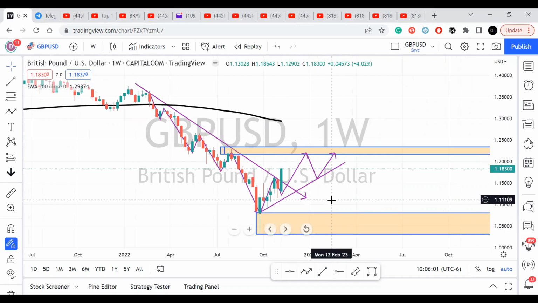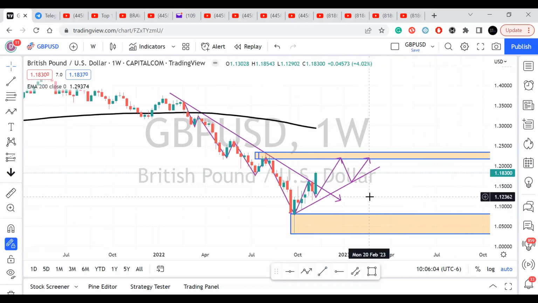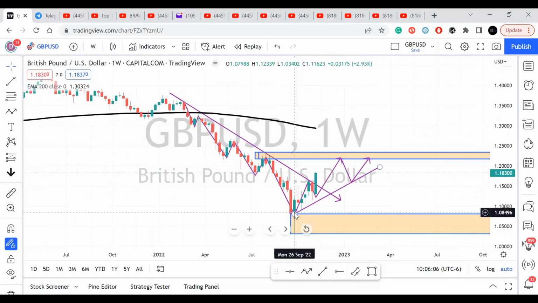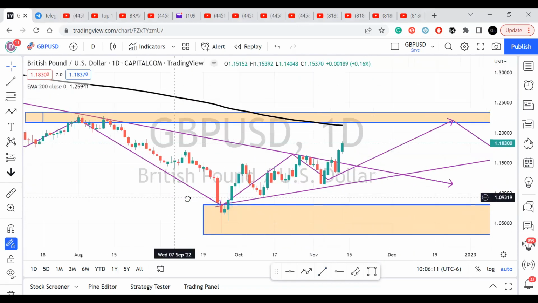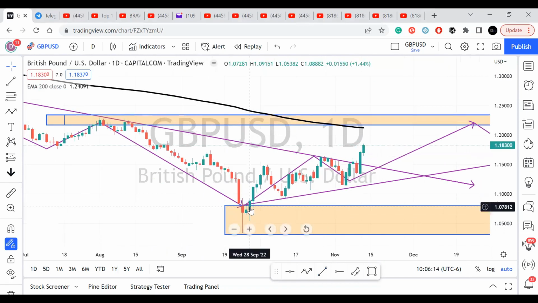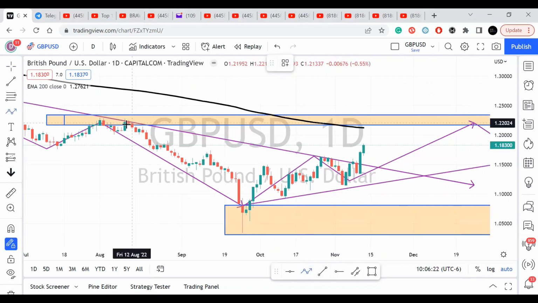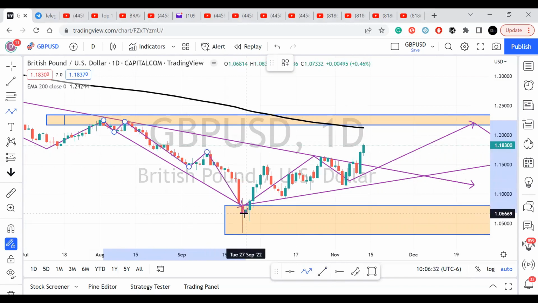So we're gonna go to the next lower time frame, which is our daily, and we start the analysis from here, from this low. So on the daily, from this weekly time frame, we have this low, price pushed up, gave us this new low, gave us this high, gave us this low. So price came back to retest here. Though we're having a break,